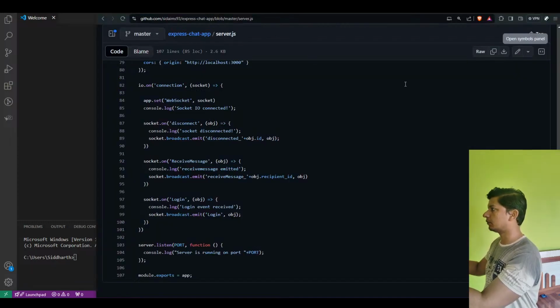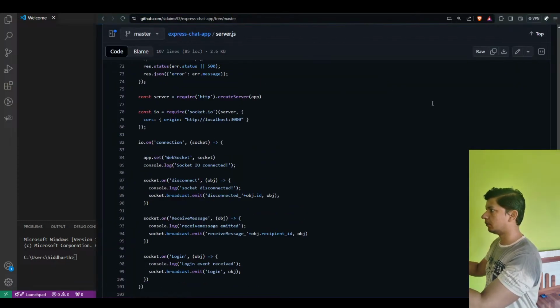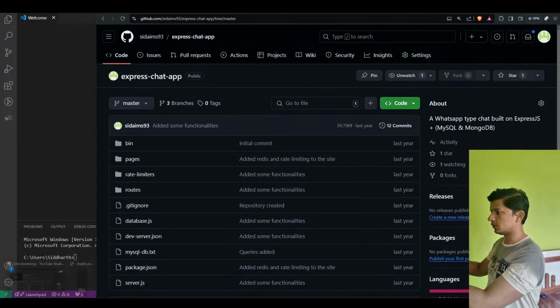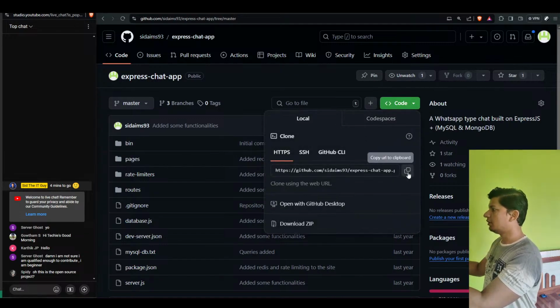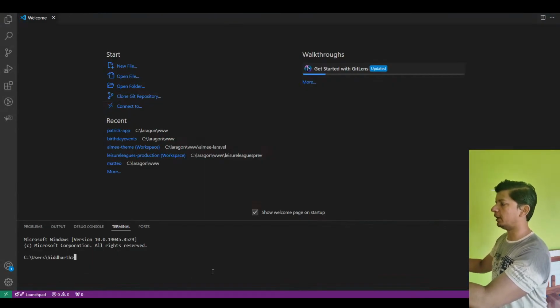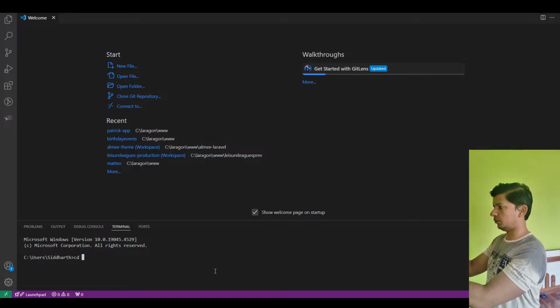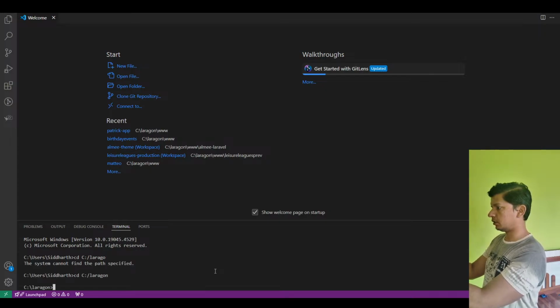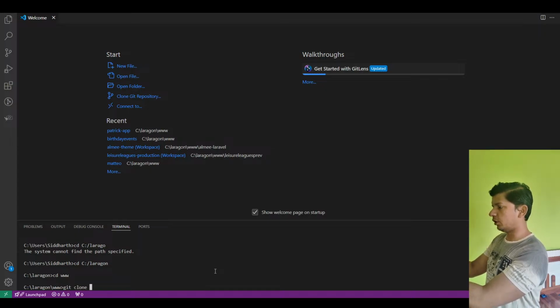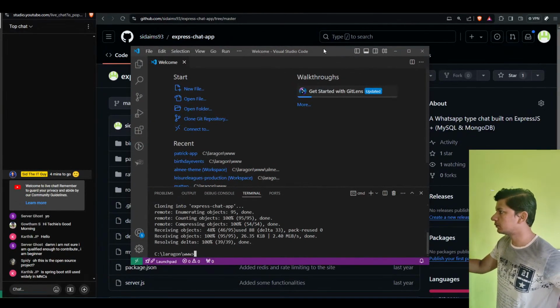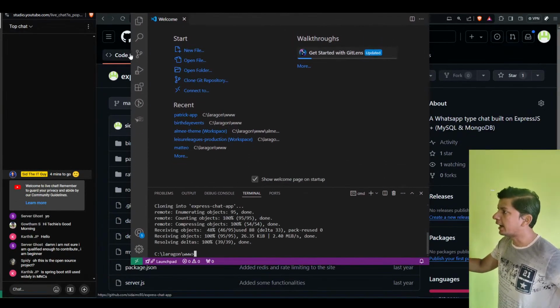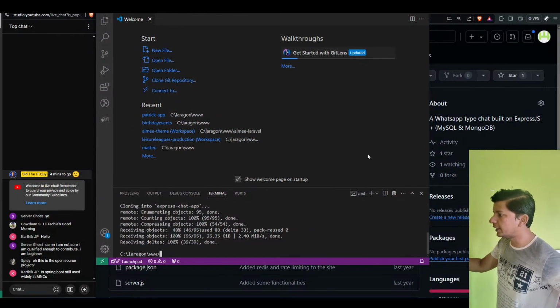So just, yeah, this is the open source project. So just copy this and go to your terminal, and you should do cd, yeah, and now just type git clone the repository. And right after that, when you do the git clone,